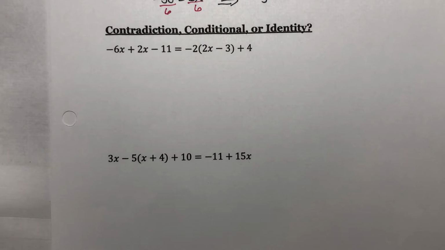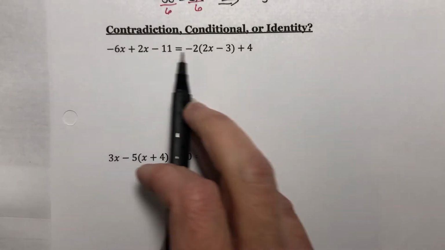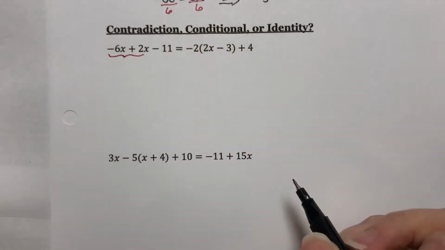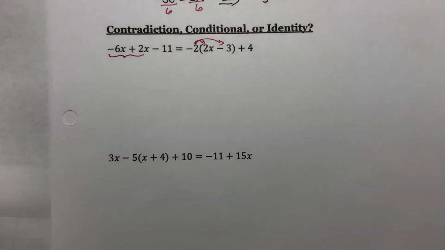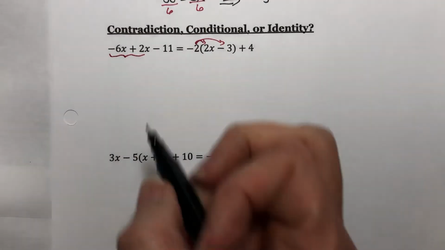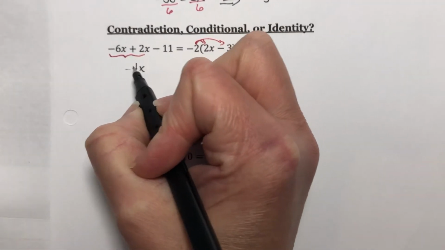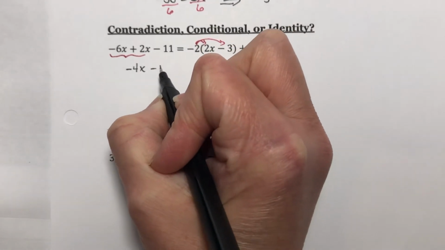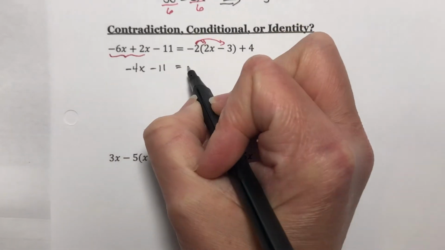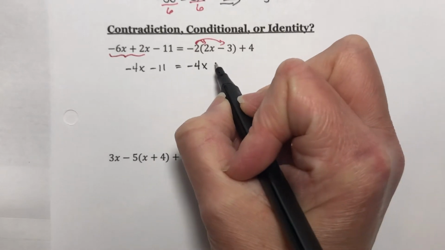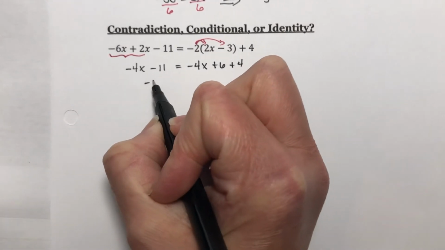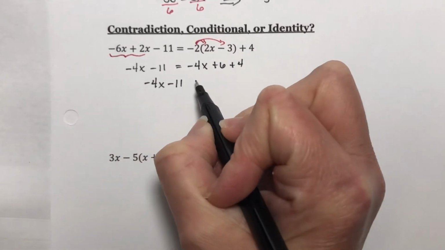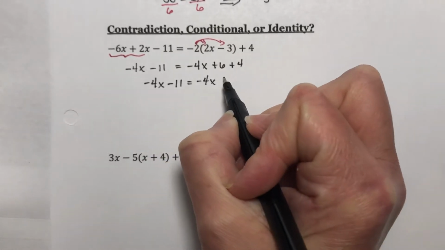What you're going to do is approach it just like it is a regular everyday problem. Over here, I'm going to need to combine like terms. And on this side, I'm going to need to distribute the -2. So I get negative 4x minus 11 is equal to negative 4x plus 6 plus 4. So combining right here, I have negative 4x minus 11 is equal to negative 4x plus